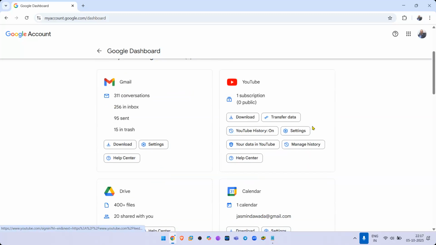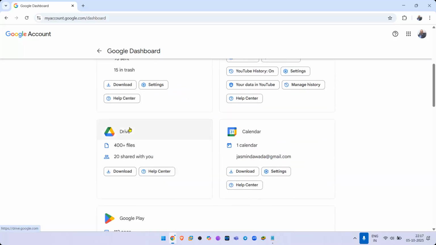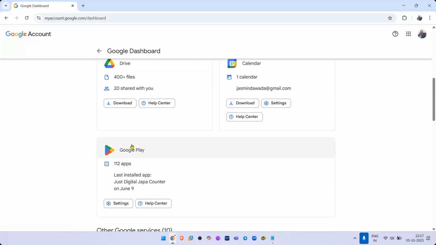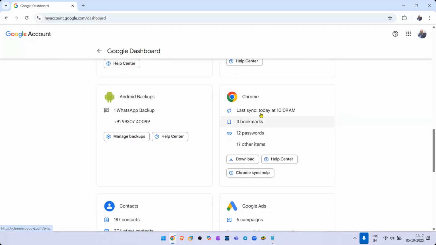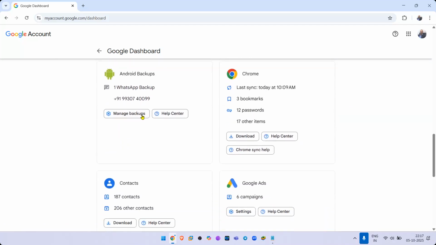My YouTube videos, my Drive, calendar, Google Play, alerts, analytics, Chrome, Android backups. Okay, that's like manage backups over here. You can download my WhatsApp messages from my Google account.